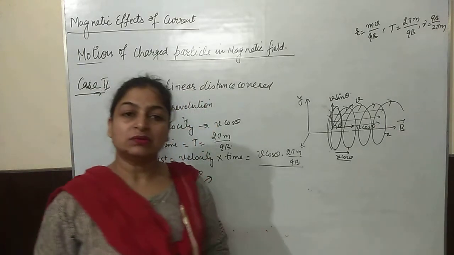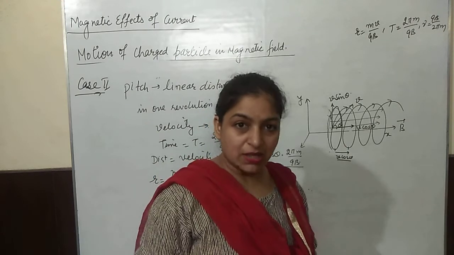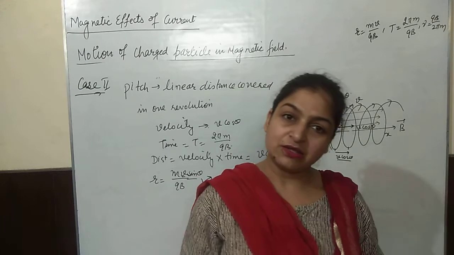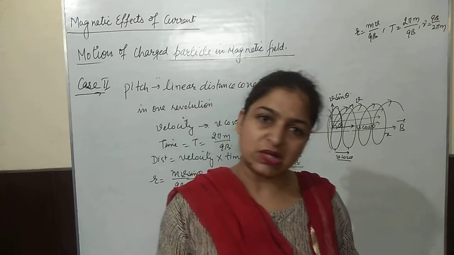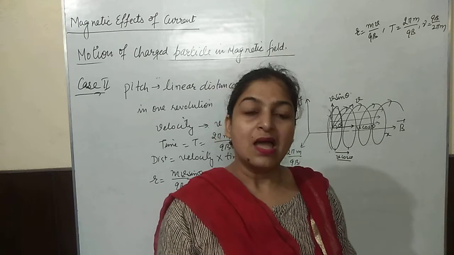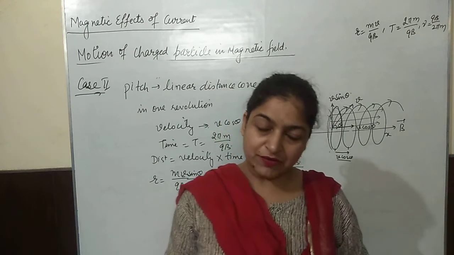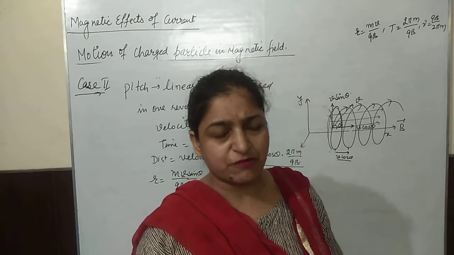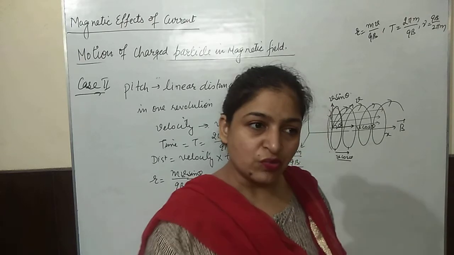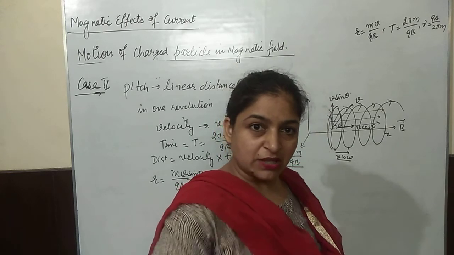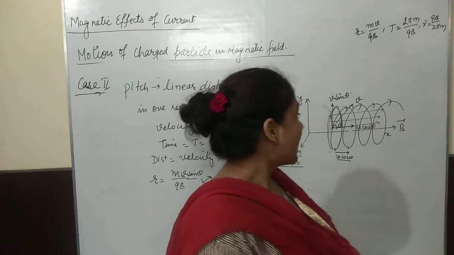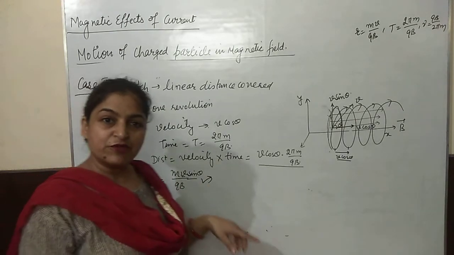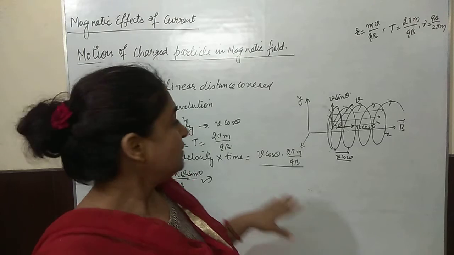So this is all about the motion of the charged particle in a magnetic field. Whenever you are given any situation, you can find out: when the particle is entering the field at a right angle, it will move in a simple circular track at one place only. But when the charged particle enters the field at any angle other than 90 degrees, 0 to 90 degrees, it may be 30, 40, 45, or 60 degrees, then it is going to cover a helical, spring-type path, and the radius of that circular track is m v sin theta over q B, and you can find out the pitch.